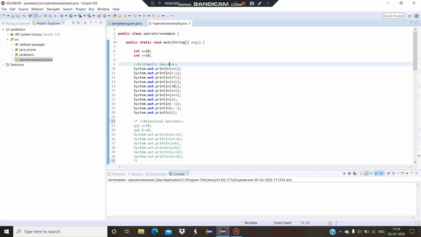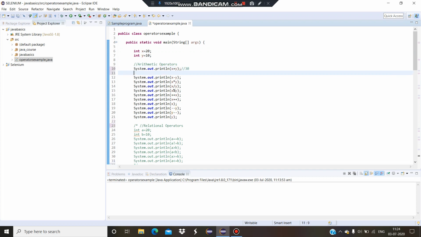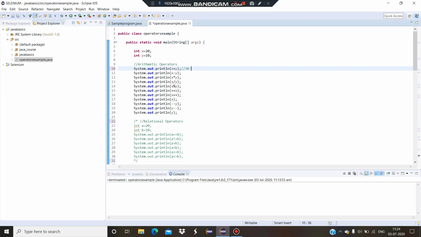Now I am going to perform arithmetic operations. The first operation is addition: 20 plus 10 will give me 30. Next, 20 minus 10 will give you 10. Next, 20 times 10 will give you 200.